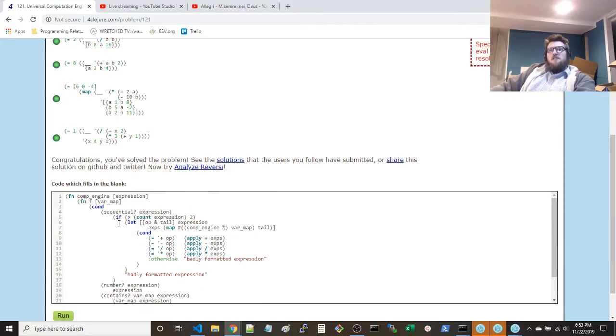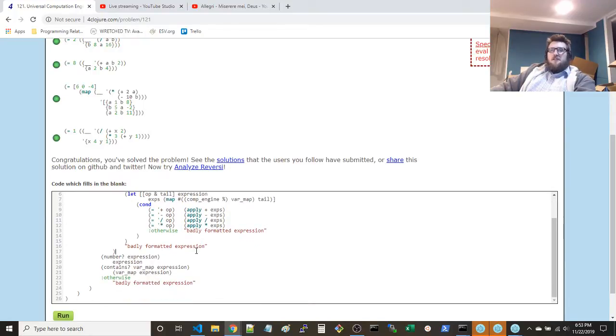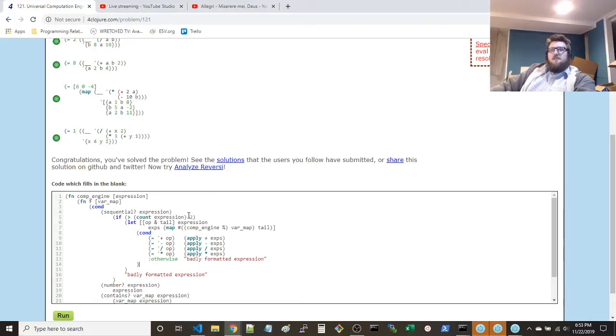When you see a sequence of things, you take the first. There are a few different cases where you could say the expression is badly formatted, but you suppose that there's at least one element in addition to an operation. I actually went with at least two expressions because a lot of these operators have